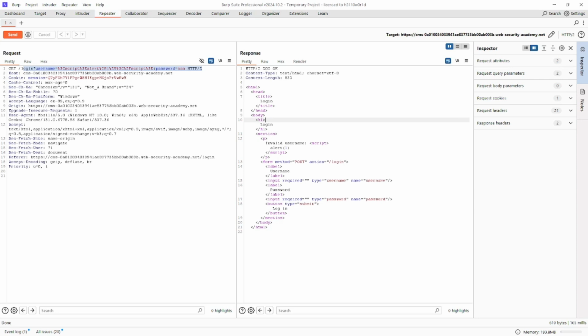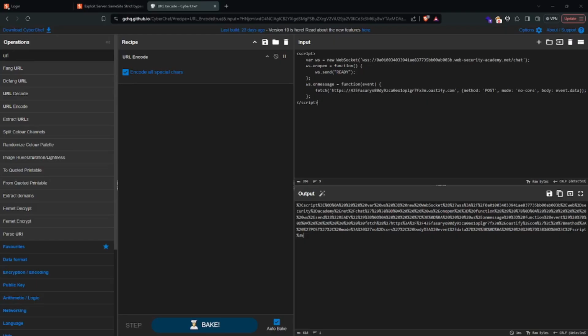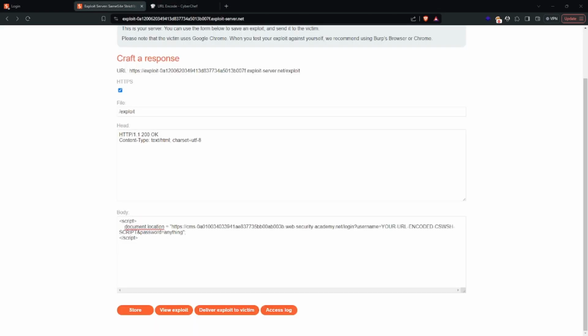Okay, so we're going to use this script that we used earlier because this works for creating a WebSocket, sending the ready function, and then passing a fetch command and performing a C2. However, because we want to now pass this as a URL query parameter, we're going to have to actually URL encode this. So let's jump over to CyberChef. Over here on CyberChef, we URL encode the payload. Simple enough. Back to our exploit server, we will now use the following payload